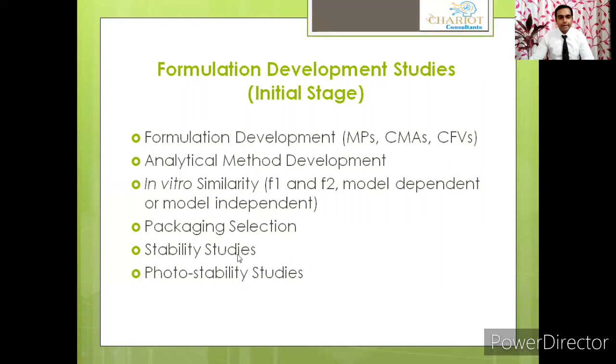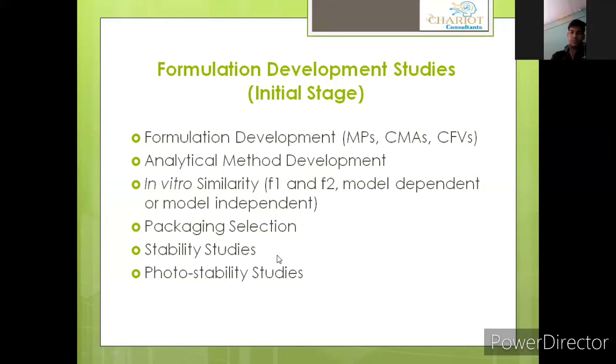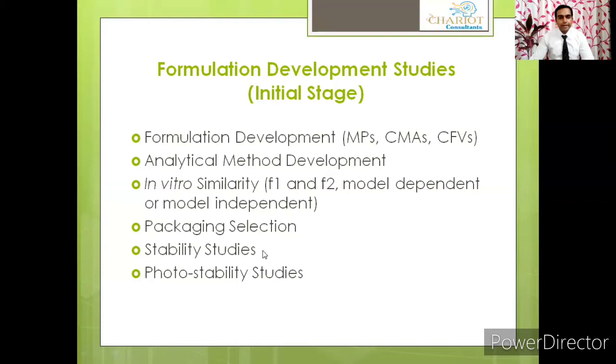And you have to have the stability studies data with you, because once you have finalized your prototype, you should see whether your formulation is stable for at least 6 months in accelerated condition. We must know that there are different conditions, basically for the people who are in the diploma or who are in the bachelors. So they should be aware of the different stability conditions, for example, your accelerated, your intermediate, and your long term studies.